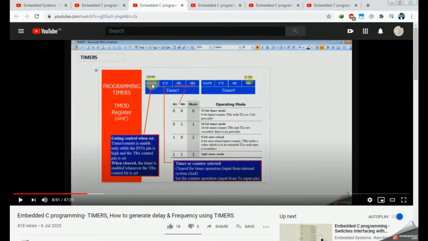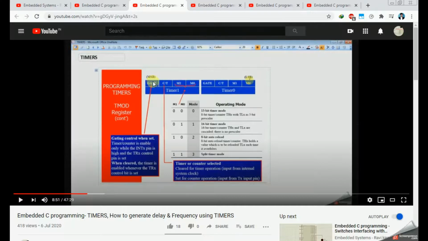And there is a gate bit here. This is used to decide whether it is internal or software method or external method to start or stop the counter. That means if we give gate equal to 0, then that is internal or software method to start the timer or counter.